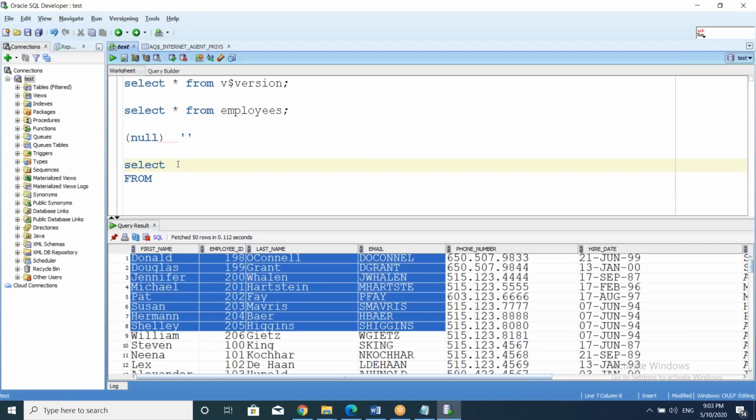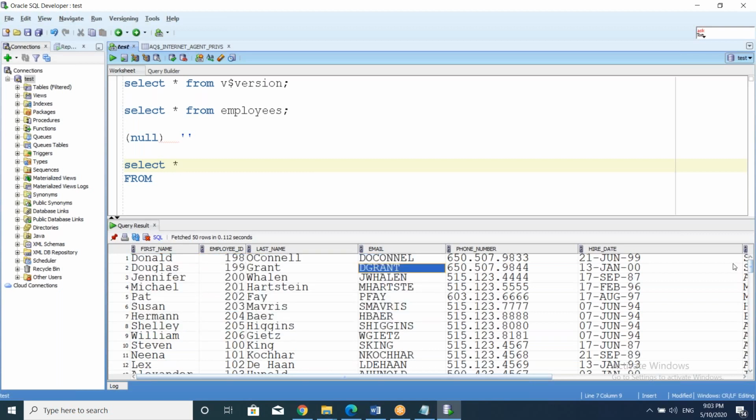Okay, so here I have written SELECT. After select, you can give star, that will indicate all columns. Here there are 11 columns. So it will consider all 11 columns serially, in the same way as they are present in the table. This is in first position, this is in second position, this is in third position. It will not change the sequence. If you give star, then you get all columns in the same sequence as in the table.